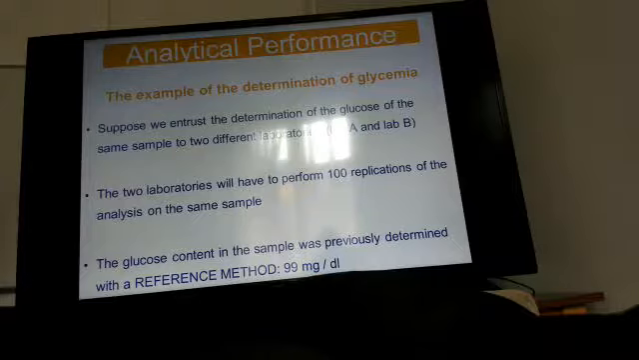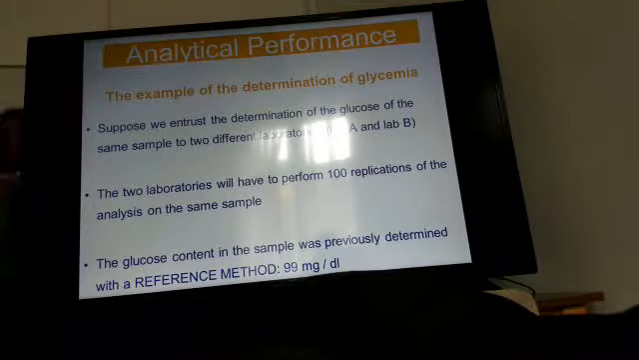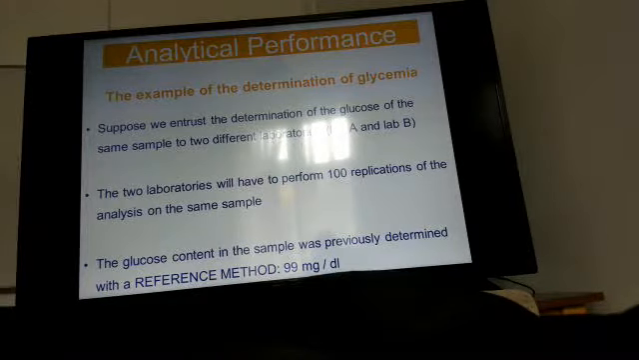Because you don't know my value. So imagine that I prepare a sample with a known concentration of glucose by myself. I take a solution, I mix in a quantity of glucose, so I know the concentration, and I send it to the two labs, which each have to do not just one evaluation, but multiple evaluations of the same